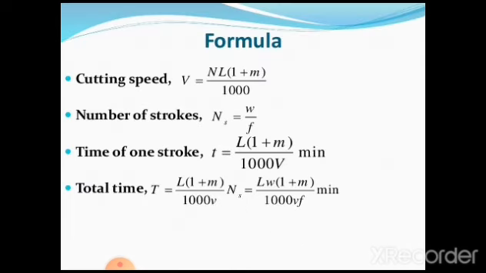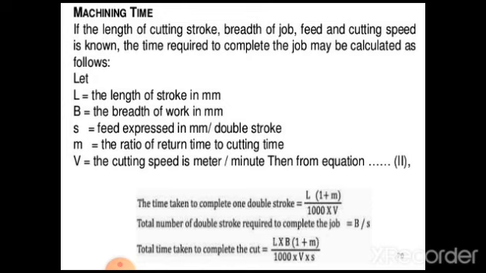Okay, the machining time. Because what happens here is the entire surface, we have taken a simple example. I want to reduce the height of the workpiece from 30 to 25 millimeters. Suppose I give 2.5 millimeters as the depth, so in the first cut I am going to remove 2.5 millimeters for the entire surface. And then again I am going to give another 2.5 millimeters and cut the entire surface. When this is done, the total time is very, very important to be calculated. That is what we are discussing in detail now.